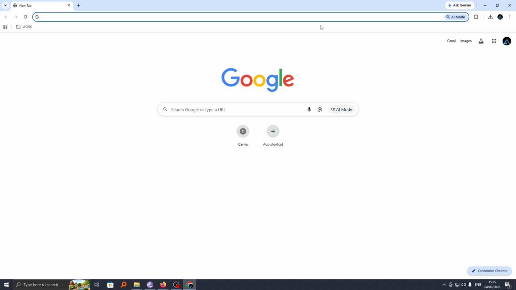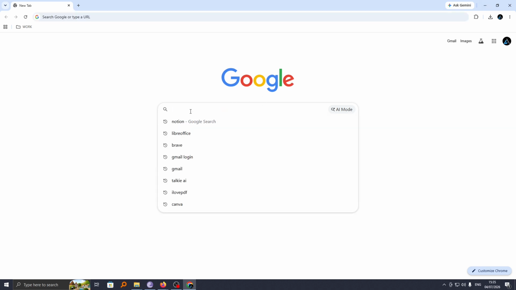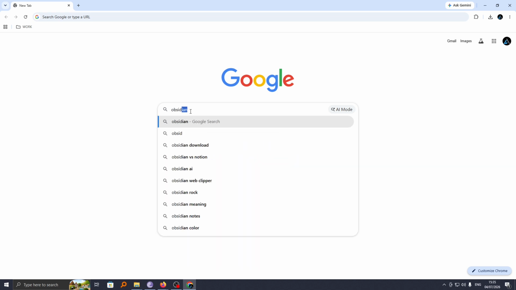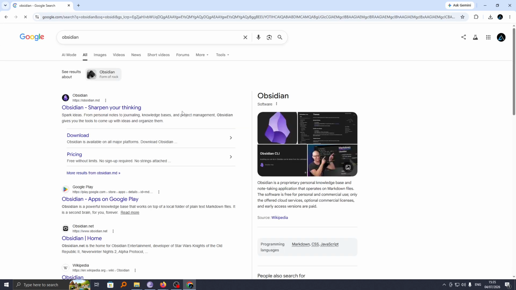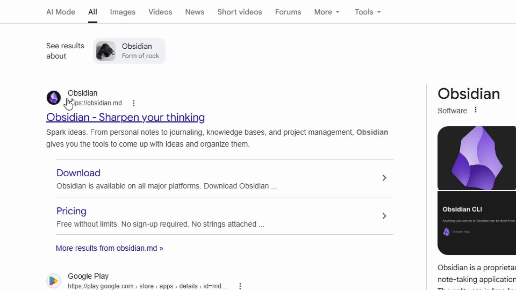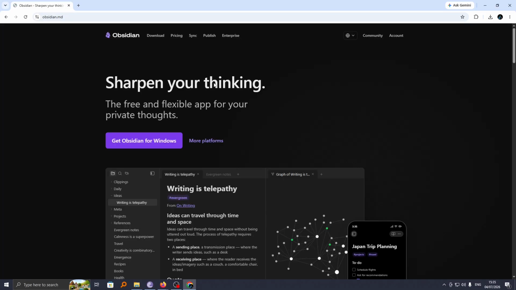Now to do this, just open any browser on your computer. So I'm on Google Chrome, and using search here, just search for your program by name. So just search for Obsidian, and run the search. Here we shall be taken to the official Obsidian website, and if you click on it,